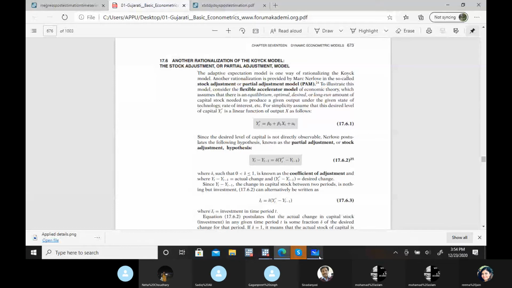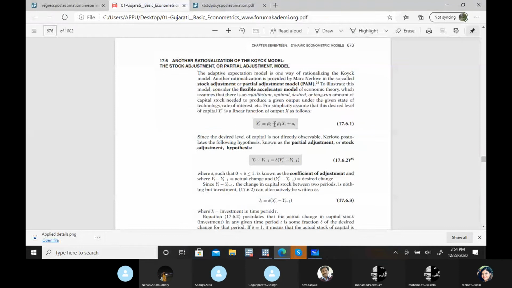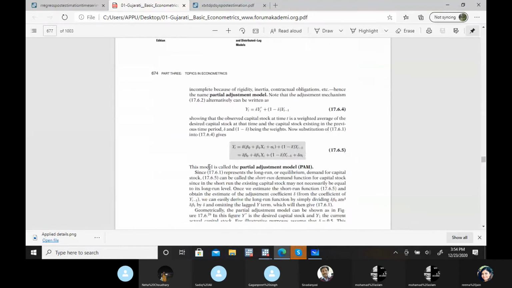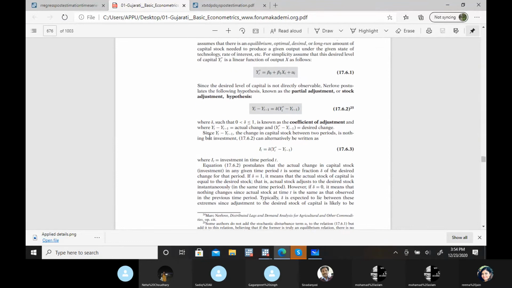As far as the econometrics is concerned, the only two questions we are trying to answer are the length of the lag and how we incorporate it. Now, this particular model incorporates a lag by this process. This is the way of incorporating a lag for this specific model only. It has nothing to do with the econometrics. It is the theoretical background behind this model, that's why we have this equation for this model.